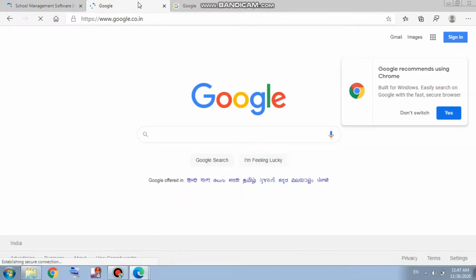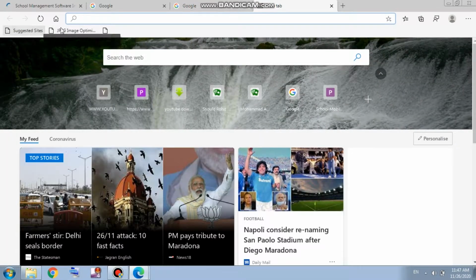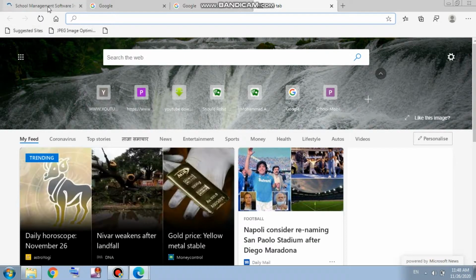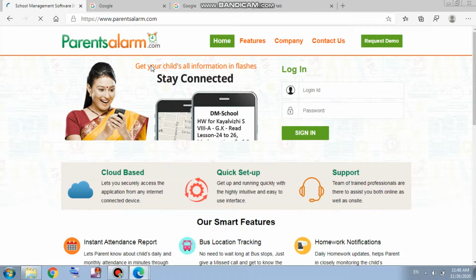See, these two are my favorites, so they are always present after these tabs. See, I have opened parentsalarm.com, so that website is open in front of us.